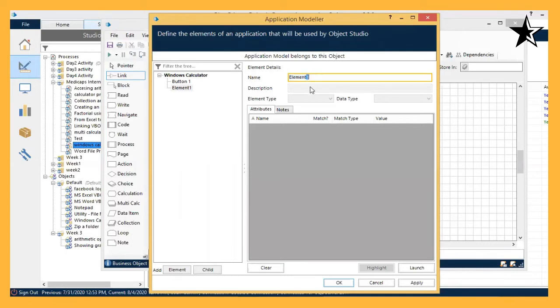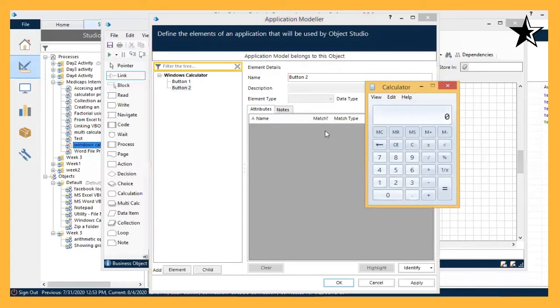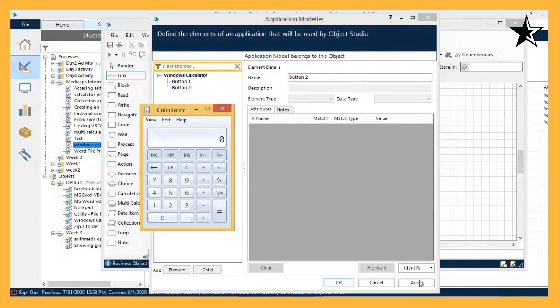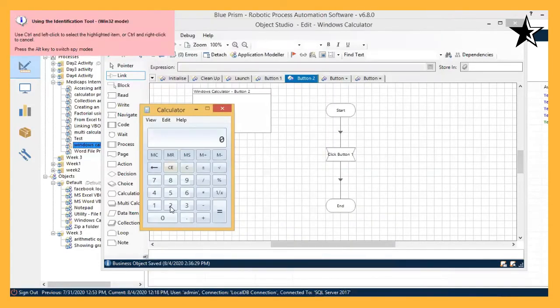Now I give the name as button 2. Okay, and now I click on launch. The calculator has been launched, and I click on identify. I select the button 2, click control and left.